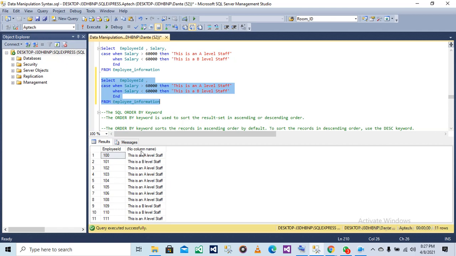You don't need to know why, but you know it's the salary that is making a difference. Even in a company, A-level staff always has a higher salary. So if you see this kind of table, you know this employee is receiving a higher salary, and the ones with B-level staff are receiving low salary.